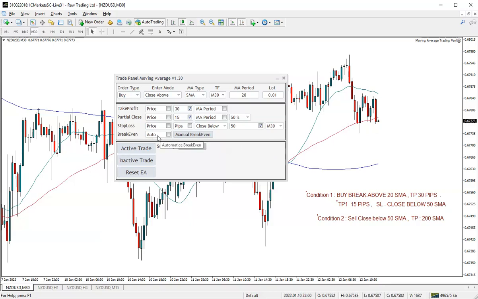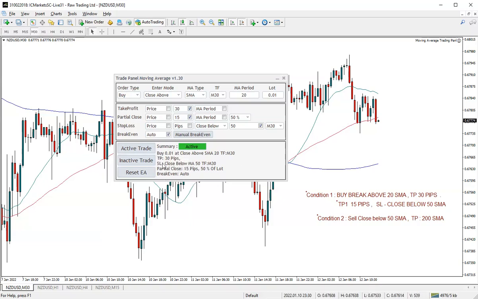And break even, I can set an auto or manual break even. What that break even means, if when the price will hit TP1, the stop loss will automatically move to break even. And all done. Now I just have to set active trade, and here you will get all the information